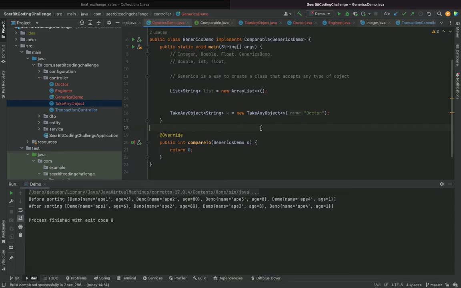So how array works is that you have to specify the size. It's a more rigid way of creating a collection. In collection, you can add as many items in the array list as you like.